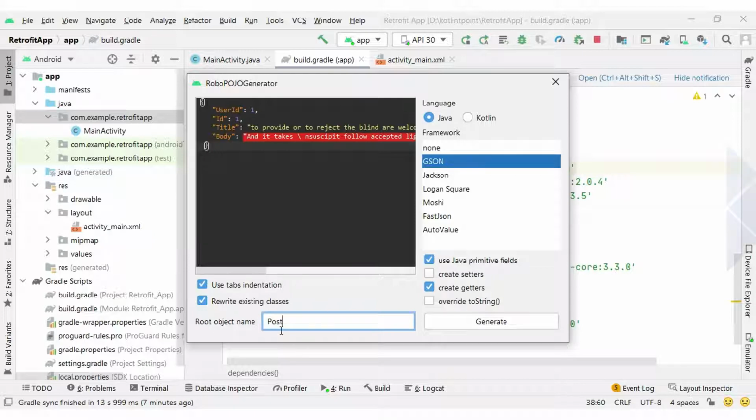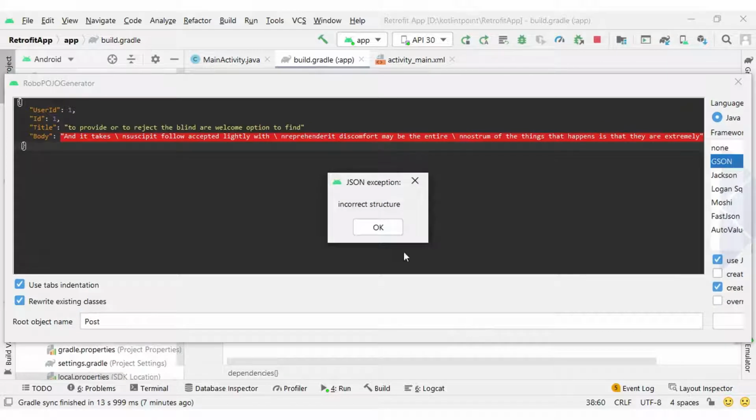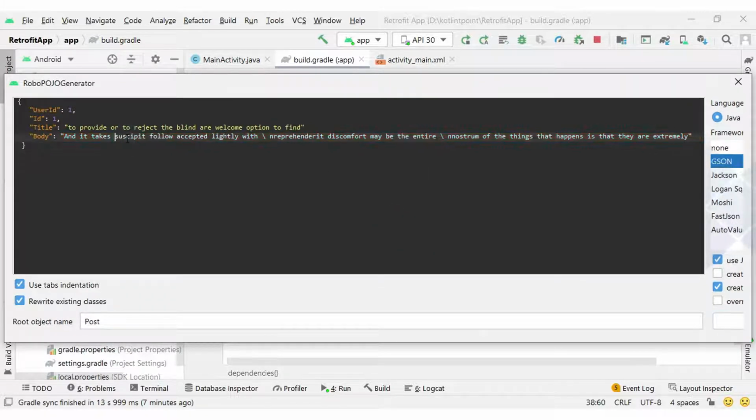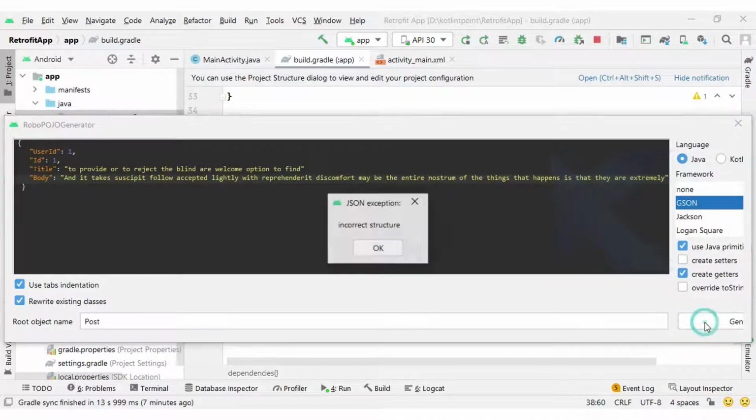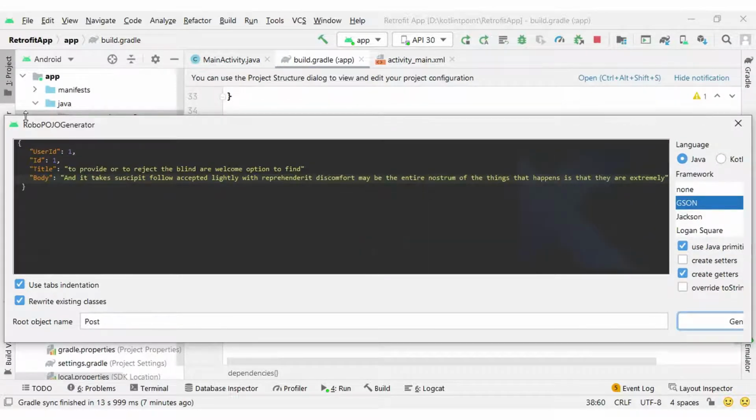I have set the name post, and if we click on generate, there is some problem with the data. Let me remove this backslash character, because it is creating a problem. Now if I click on the generate button again, it is still throwing an error.